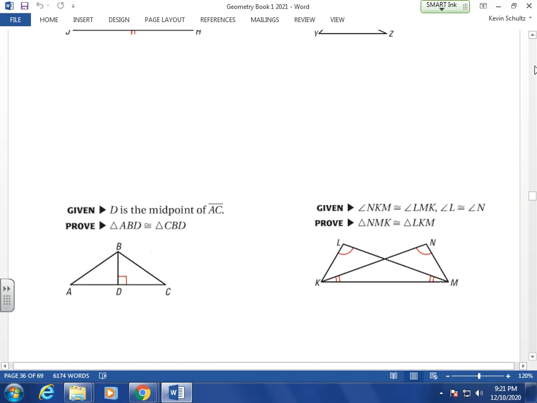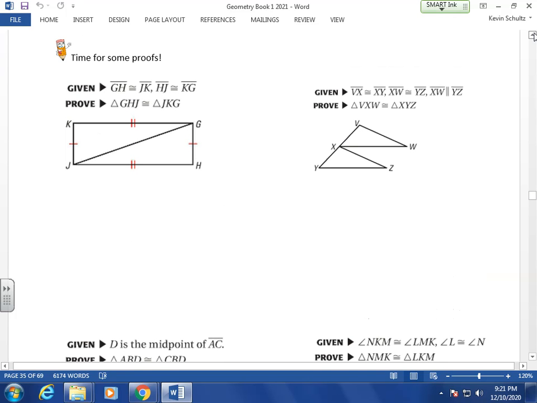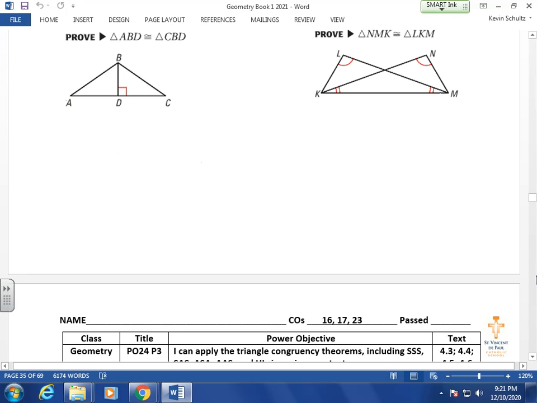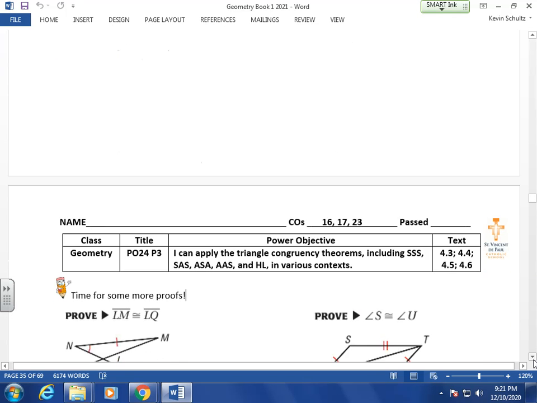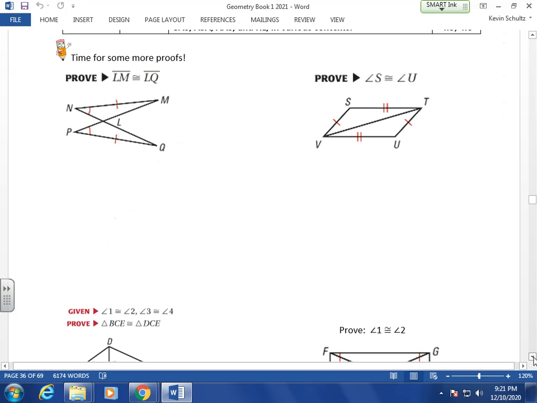On the test, your test questions are going to be similar to PO16, where I'm going to give you the statements and you're going to be giving me the reasons why we're allowed to say it. So a similar setup as in PO16. You need to know your postulates, theorems, definitions, all those things we've talked about up until this point, anything that's inside your toolbox. But again here, I want to reiterate that when dealing with triangle congruency proofs, we really only have